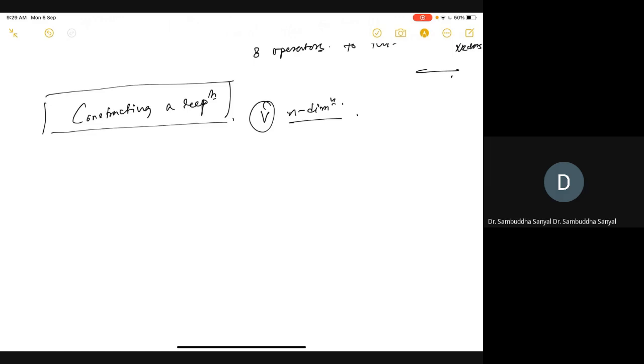N-dimensional linear vector space V, and it also has a linear operator A. Now I want a representation which demonstrates or mimics whatever the operator A does on B. Now the best way to do that is to understand how it acts on the basis vector, because you know any vector is a superposition, or a linear combination, of basis vectors. So this is my basis vector.